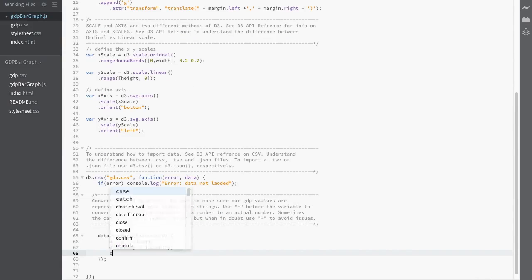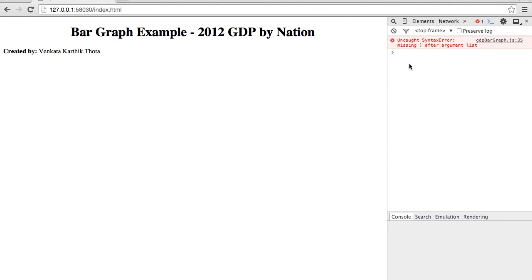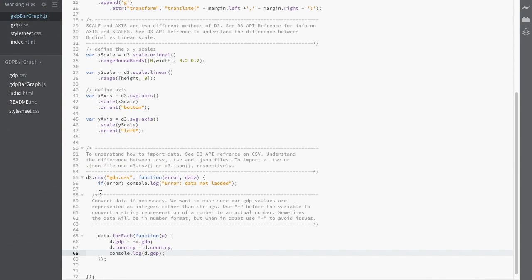To confirm, we can always say console.log d.gdp, and this will print out the values inside the console. So let's see if we can see those. Okay, so we have an error. Line 35. Oh, oops, it's supposed to be